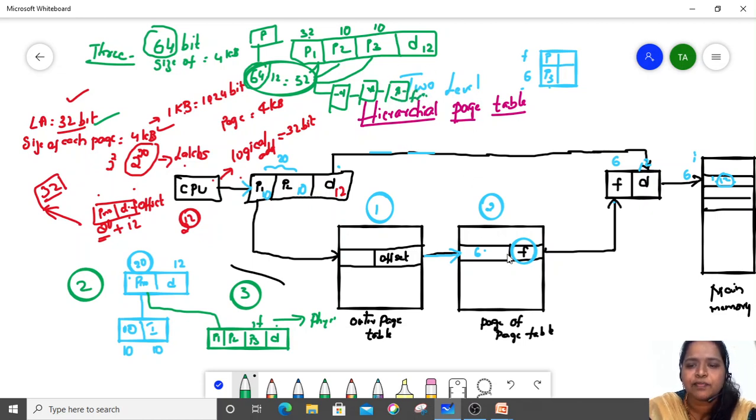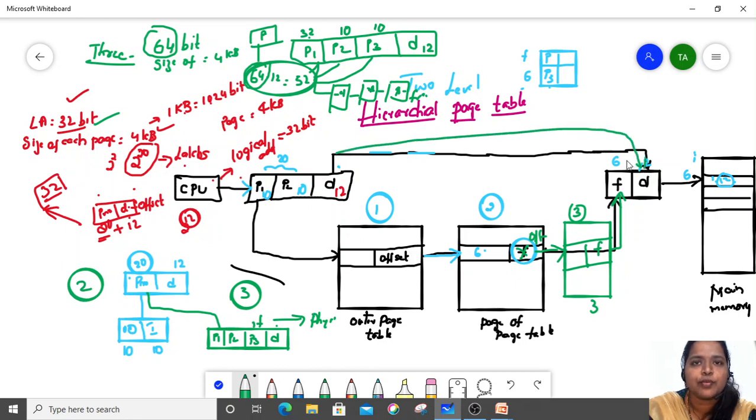So by taking that frame number, one more page table is going to be added when we consider 3-level paging. Here we will not get the frame, we will get the offset. By taking that offset we go to the third page table, where we find the particular frame. That frame is taken, and the displacement where it is located is taken. By adding these two we get the exact location of a particular page